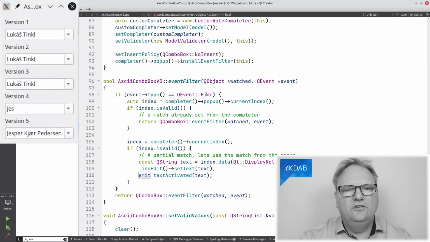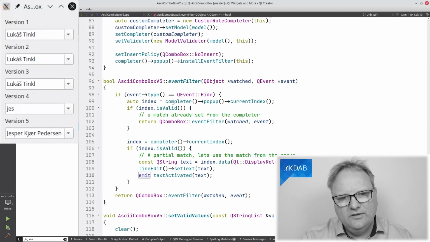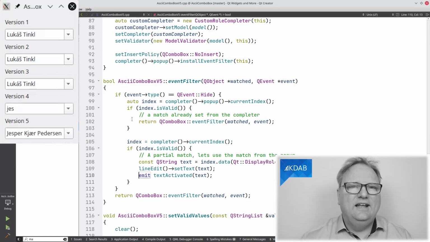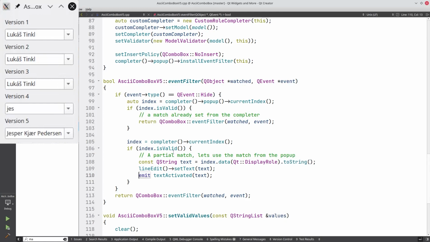This time I can fortunately just listen for the hide event, and I'll go and check whether, no, this was not the situation. Well, it could have been the situation that actually I had the complete text up there. If that's the case, then I'll just let the event filter work its magic. Otherwise, I'll go and ask for the completer's current index. So not the pop-up's current index, but the completer's current index. And that's what will then be fetched from here, the set underlined it, and the text activated being emitted.